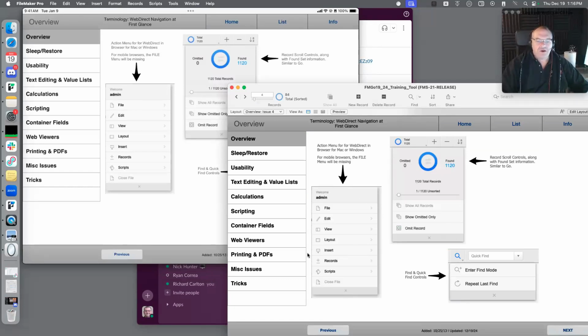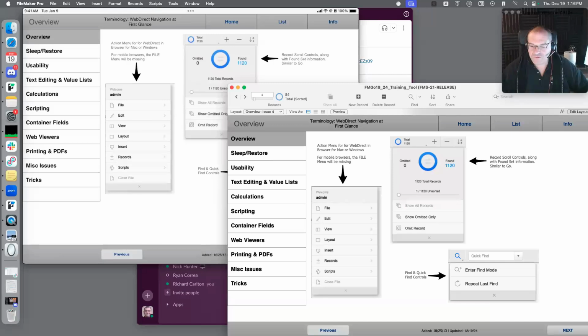from the menu. And these are pieces that replicate essentially the essential features of Pro, and they replicate it in Go. And then WebDirect essentially came out after Go did, technically, and they borrowed a lot of the design concepts from Go, because the fewer new interfaces you build, the happier the developer community will be. Pro and Go and WebDirect in the ideal world would all work identically, down to the pixel. And they don't, but that would be ideal. So you'll see a lot of similarities between WebDirect and